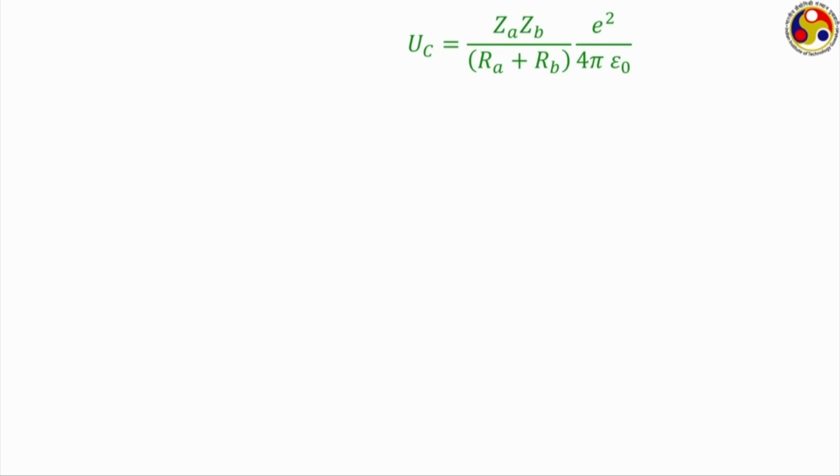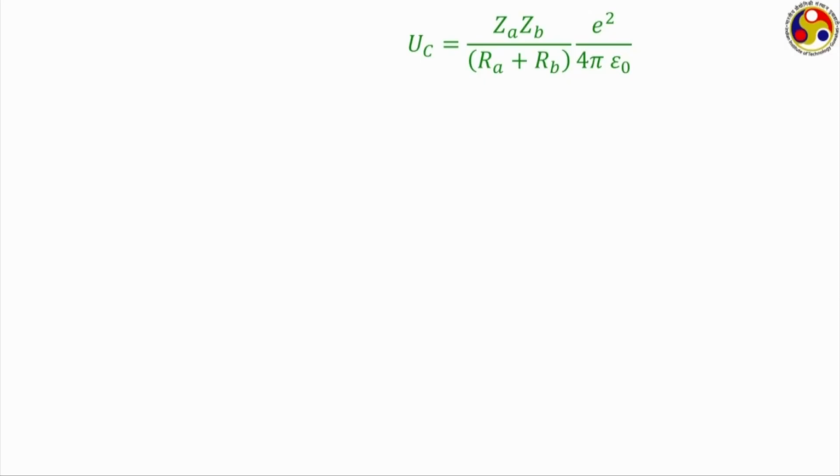Now, this is the magnitude of that Coulomb barrier. Here U_C refers to the magnitude of the Coulomb barrier, and this is a simple relation that we get by applying Coulomb's law of electrostatics. Here Z_A and Z_B refer to the atomic numbers of the 2 particles involved. Once we are talking about a DT reaction, both Z_A and Z_B are 1, because both of them are hydrogen isotopes. R_A and R_B refer to the radii of both nuclei. In this particular theory, generally both of them are assumed to look like a sphere of slightly varying radius.